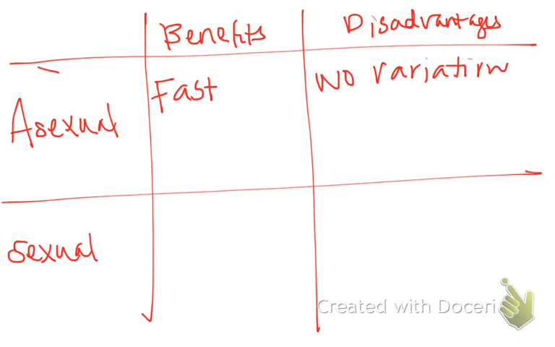Okay, sexual reproduction, the disadvantage is that it's longer. You got to find a mate. Girls, how long are you going to spend finding the one? Take a long time, be choosy. Forever's a long time. So it takes a long time to find the one, and then it takes a long time to make a baby with the one. So it takes longer. More energy here.